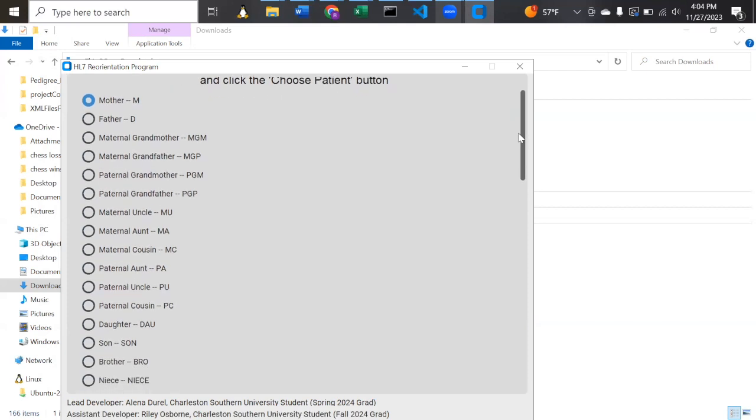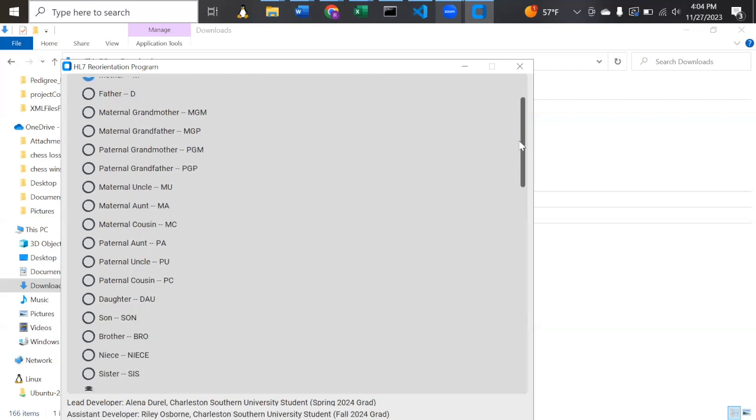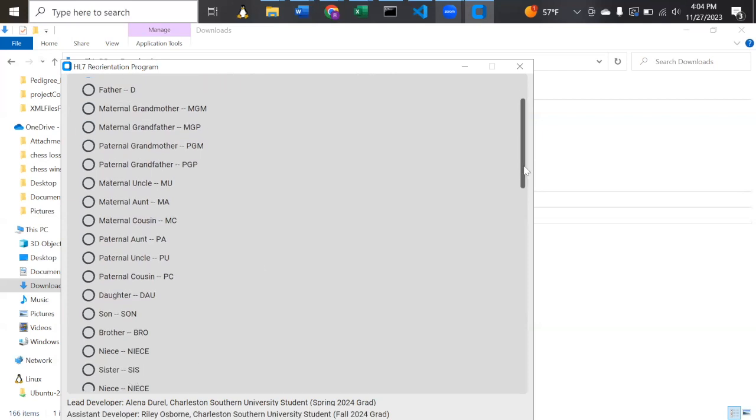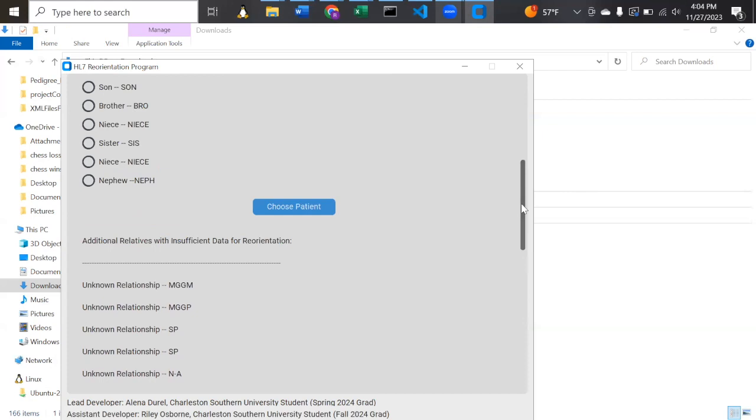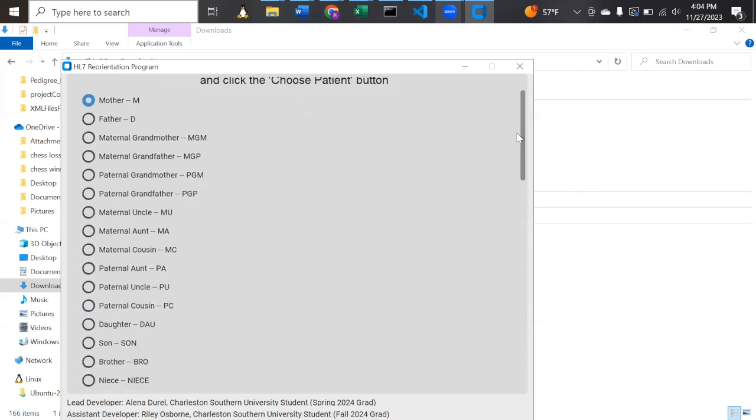They are displayed as radio buttons, and it is available to you to be able to click on any one of these relationships that is not under the, as aforementioned, not available list back here in the bottom under the choose patient button. And how the program will work is, for each one you select, we have a function in the back end which will rearrange according to that specified code that is pulled out from the parser. So if you have a maternal cousin, MCOUSN, then that means that in the back end, if we click on maternal cousin, it will choose that function and it will